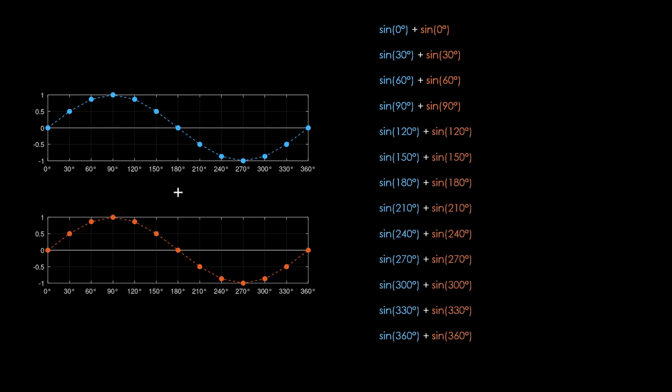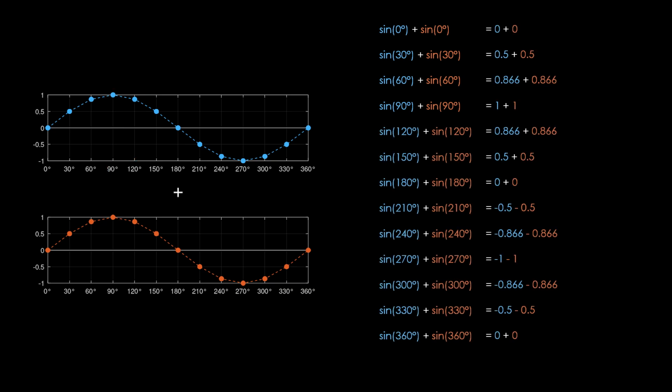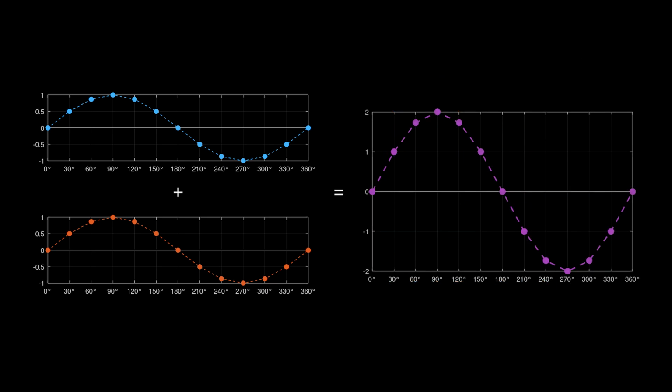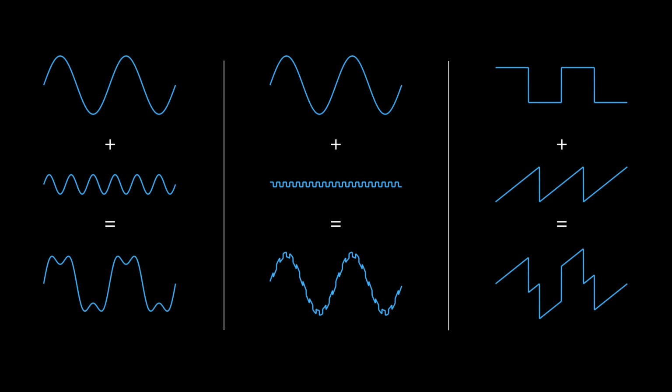In this specific example, each pair of points has the same value. Therefore, the sums would be double the amount. So the resulting wave, in general, would have twice the amplitude. For this example, I discretized with few points, but in practice, I would recommend a much finer resolution. When summing two waves with different amplitudes, different frequencies, or different waveforms, the result is more arbitrary.